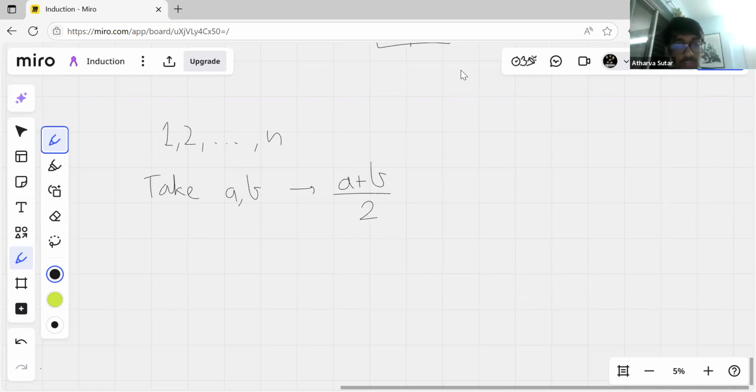And you have the condition that (a plus b) by 2 has to be an integer. So can you prove that no matter what n is, for all n, you can